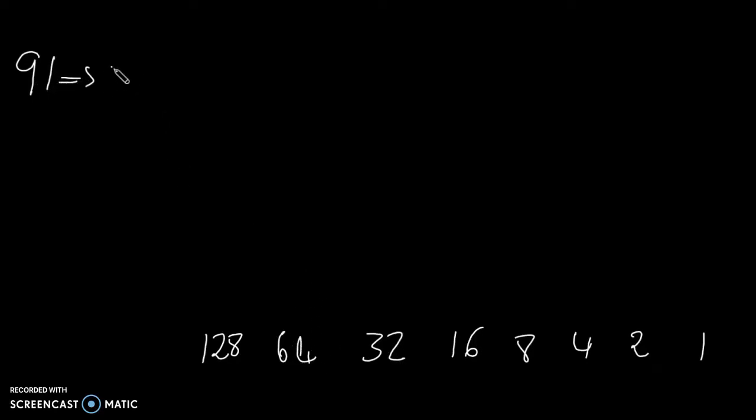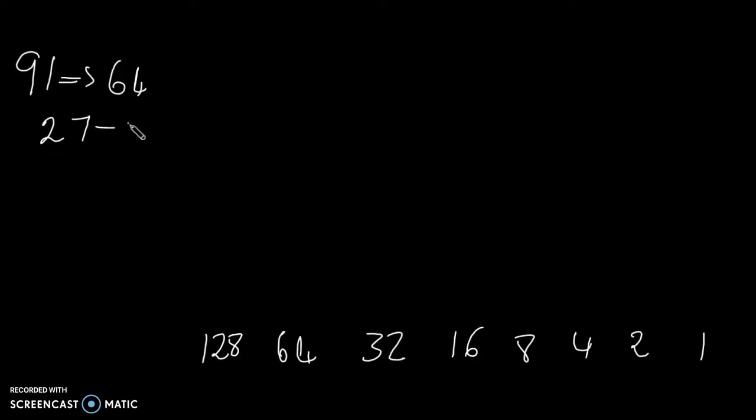We are going to say 91 minus 64. That will give us an answer of 27. And then now from 27, we're going to say we want to minus a number that is less than or equals to 27 again. So 32, we can tell that it's not going to do because it's greater than 27,